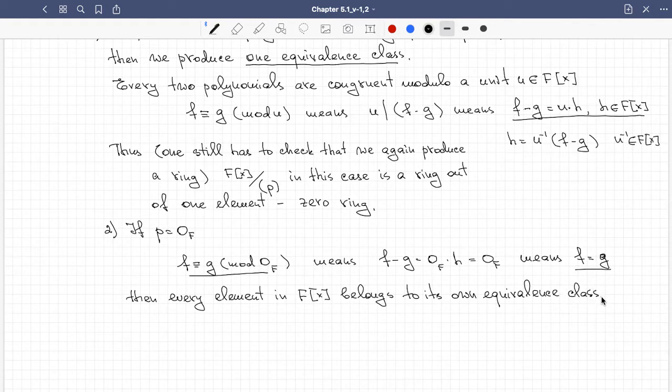We have as many equivalence classes as we have elements in the ring. We can say then that